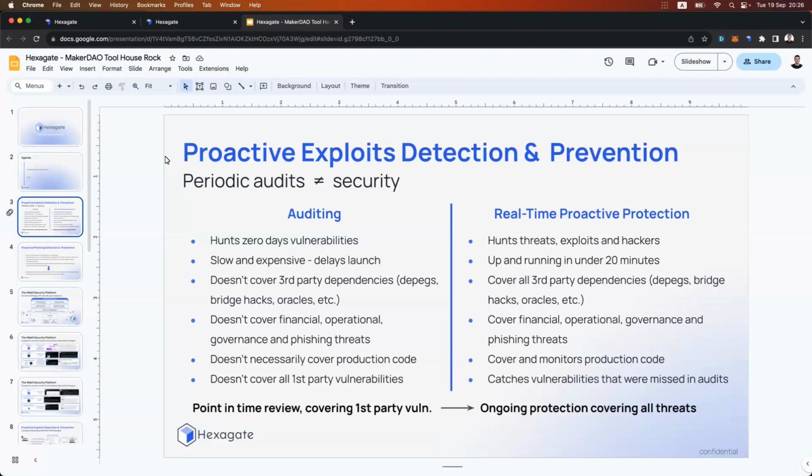So, for example, if you're a protocol aggregator building on top of another protocol, that makes auditing far less relevant to you, because even if your code does not have any vulnerabilities, of course the code that you are building on top of might have some vulnerabilities in it, and then that would eventually make you susceptible.